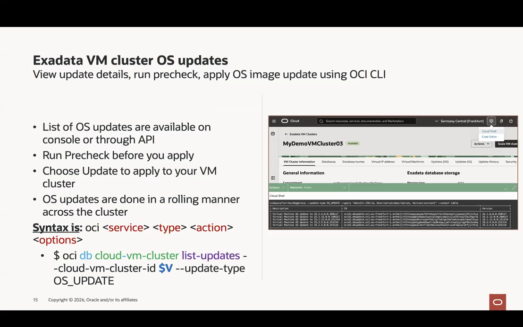The syntax is just oci db, which is the service for all the database cloud services. Then the resource type is cloud-vm-cluster. The action is list updates. After you provide the action list updates, you just need to provide your Cloud VM Cluster ID, which is your Cloud VM Cluster OCID. And then you can add optional parameters like update type of OS update. When you run this CLI command, if you can just zoom in a bit, Sheena,